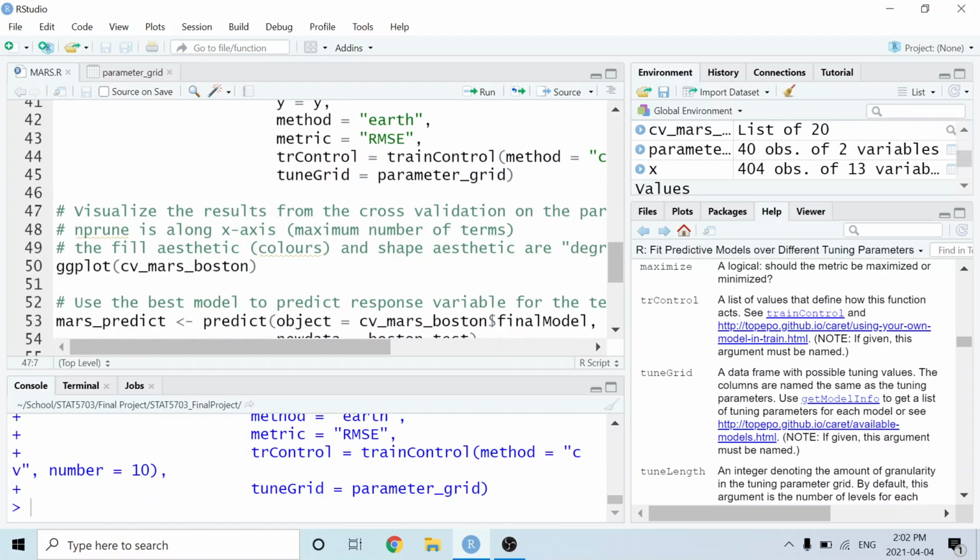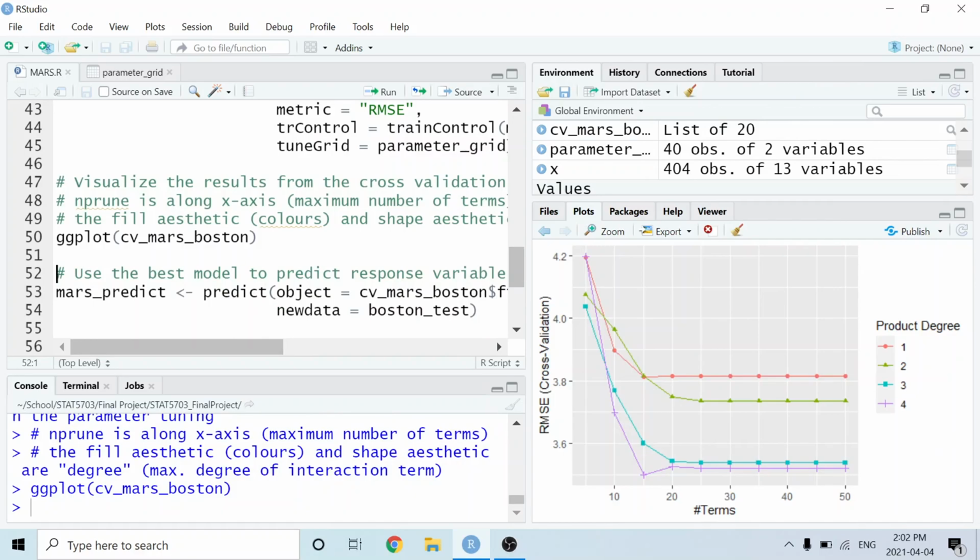Once that's finished running and we have all 40 of those trained models using the earth function, we can apply the ggplot function directly to that object that we just created in order to see the results that we obtained when tuning the parameters. So all I've done here is apply the ggplot function. I haven't changed any of the settings here. So this is the default plot that you would see when you use the ggplot function on an object of this class.